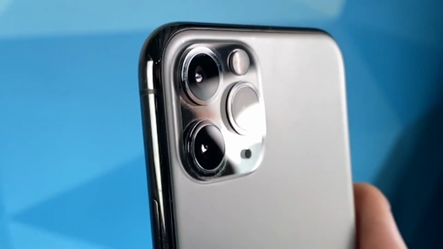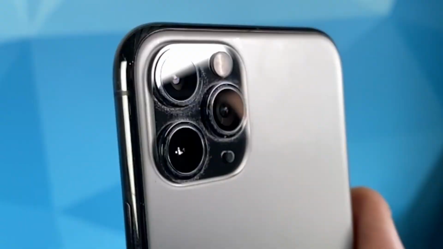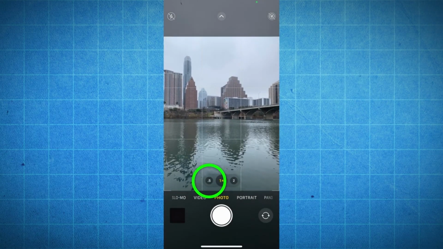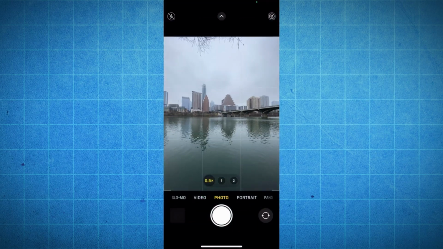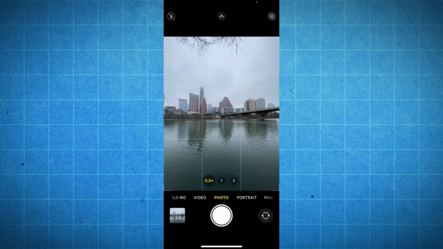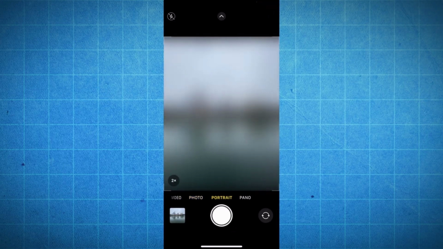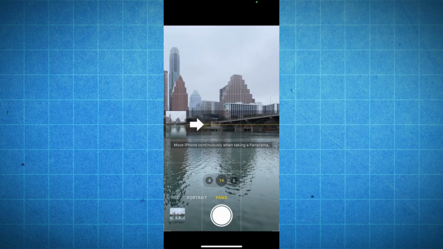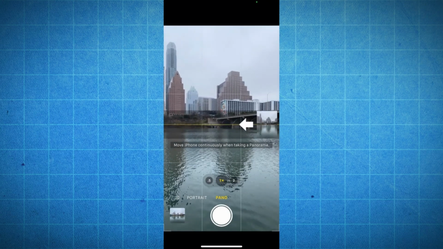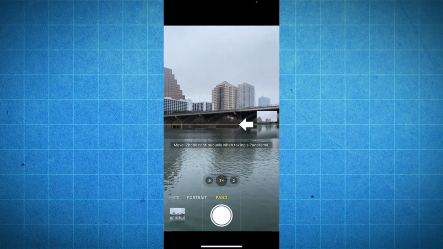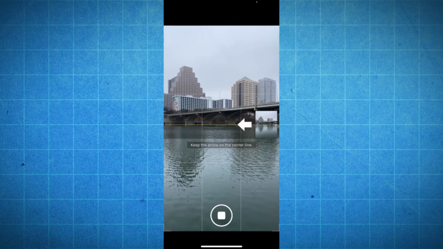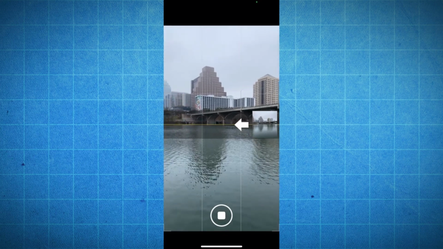Now, if you have one of the newer iPhones with 3 different lenses on it, you can simply open the camera, go to photo mode, and tap the 0.5 button to get a wide angle. But in case you don't have this option, here's a cool trick. Simply open the camera, swipe to slide over to pano mode, tap the shutter, which is the white button, and slide across your subject while keeping your phone as level as